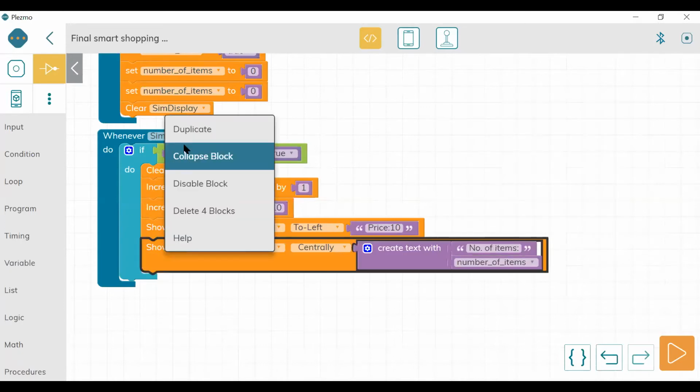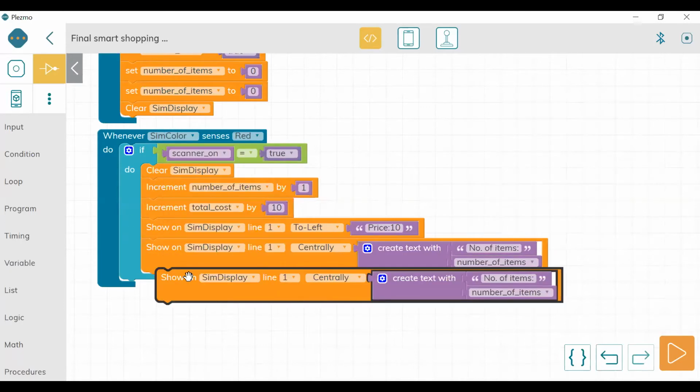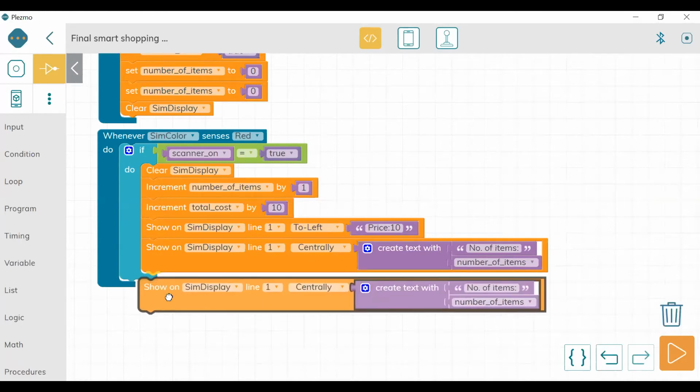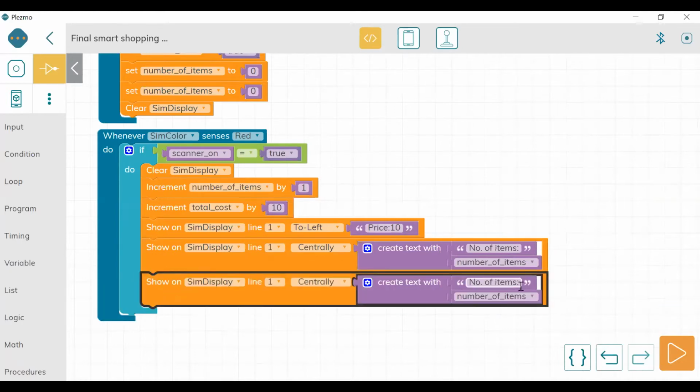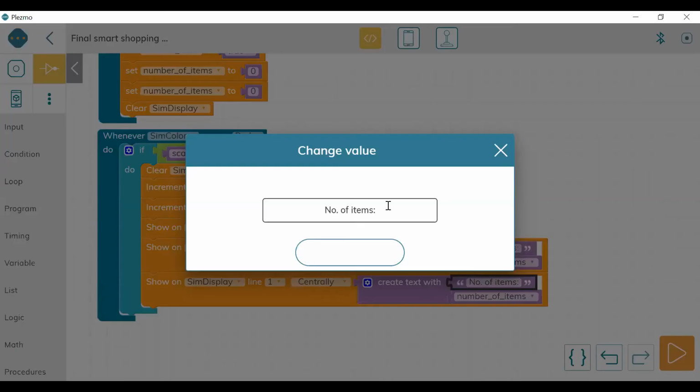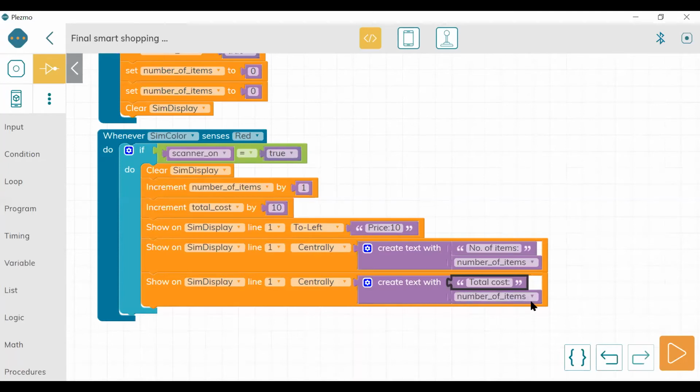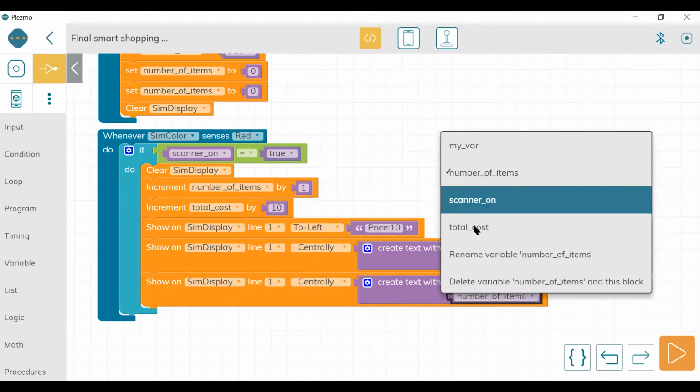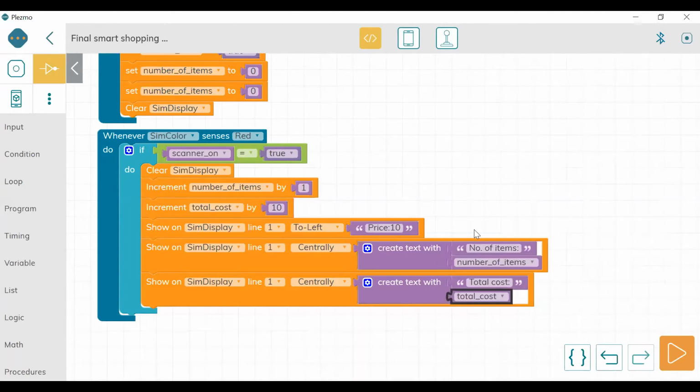Next, if I want to display total cost, so here I'm going to change it to total cost. Here also I'm going to add a hyphen, colon. Done. And here I'm going to take total cost from, yes, that variable.